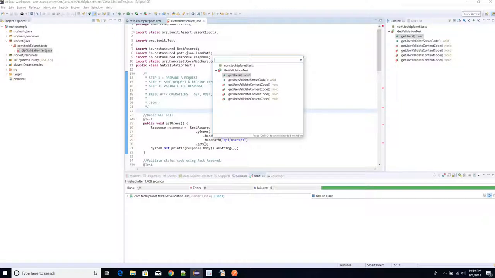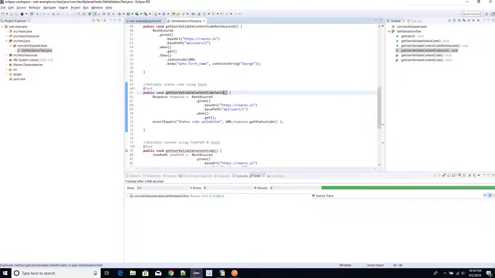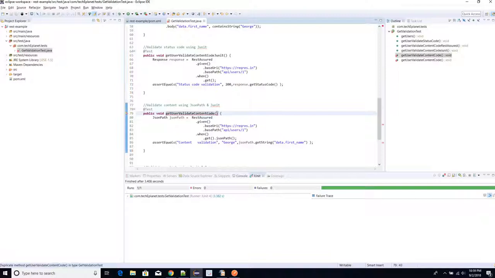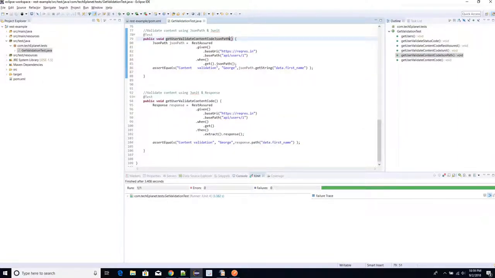Alright, so why is that an error? Get user validate content. Okay, using rest assured. This is using JUnit. I had a copy paste error. So JSON path, get user validate content code. Okay,